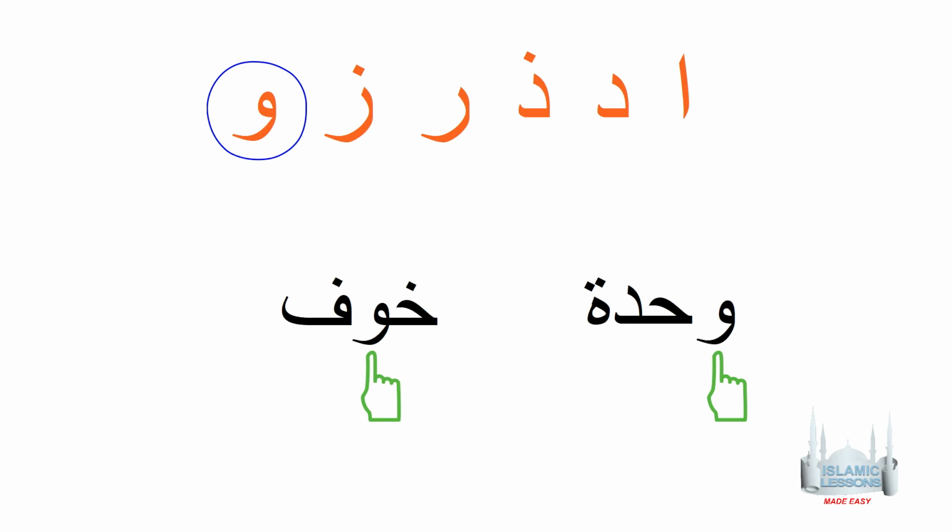Why do we need to know this? Sometimes it gets tricky for a beginner to distinguish the letters in a word. For example, these 2 words look the same. So which one has the Alif?